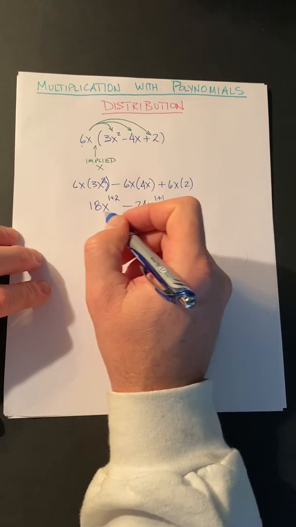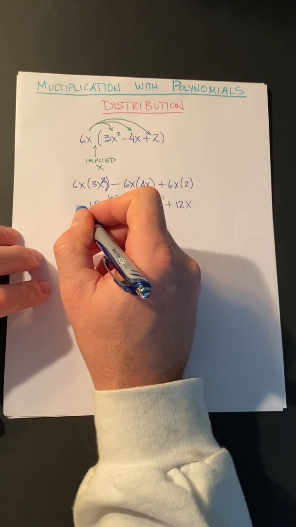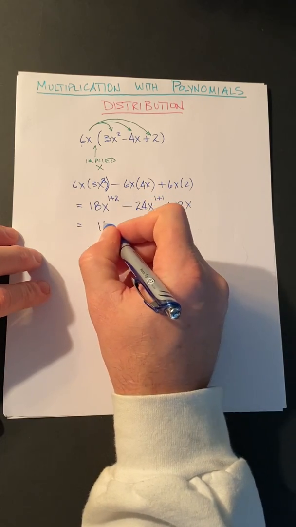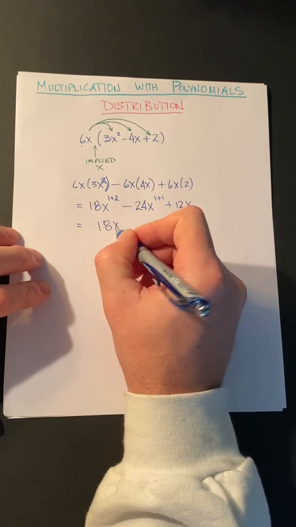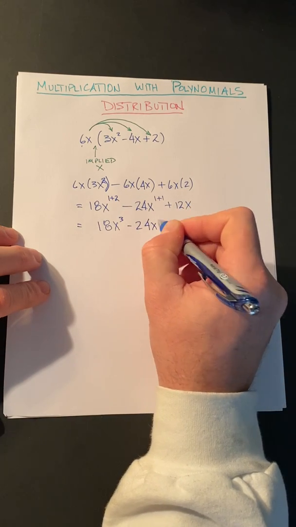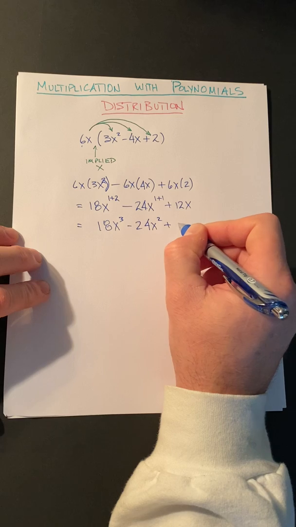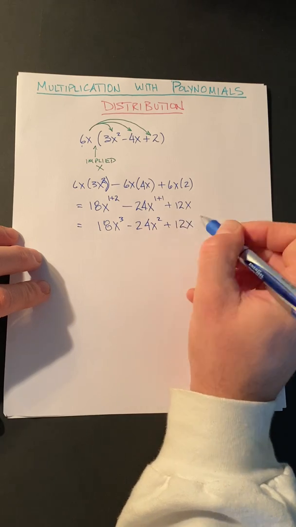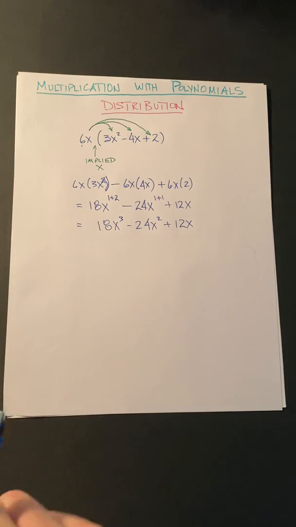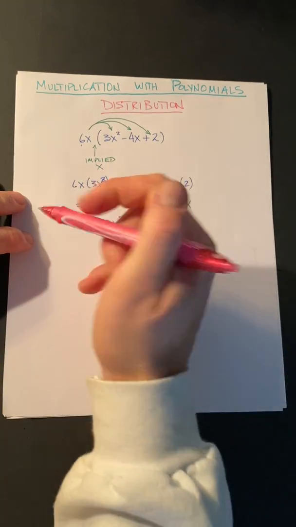And now I go back and I just simplify my exponents. So I have 18x cubed minus 24x squared plus 12x. And as a quick check, I want to make sure that this term right here,